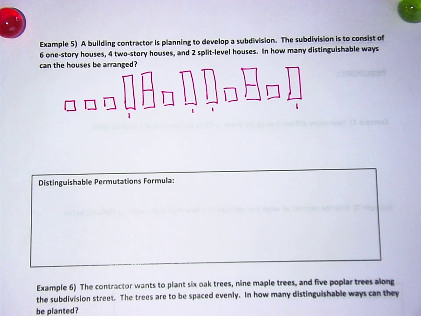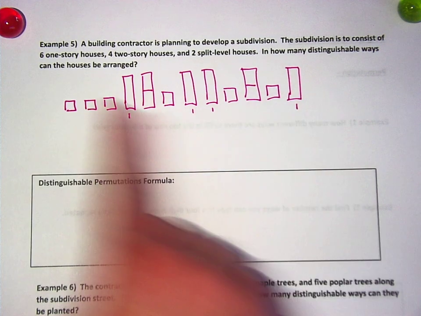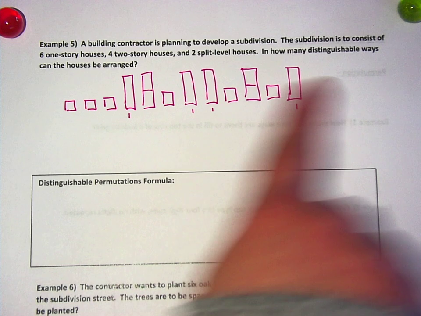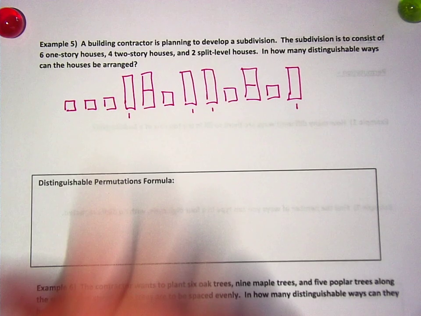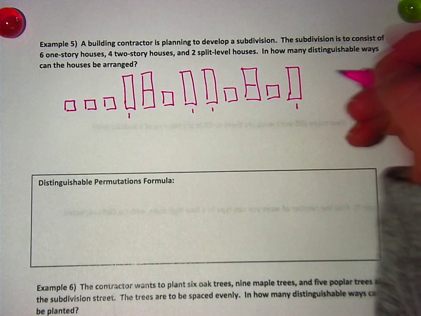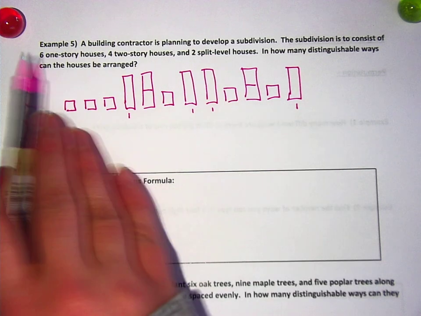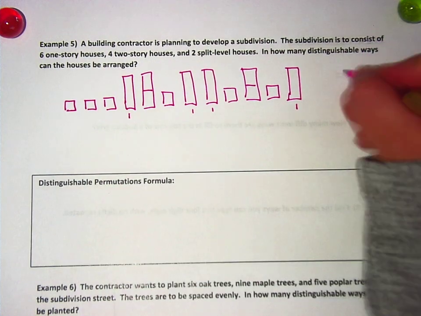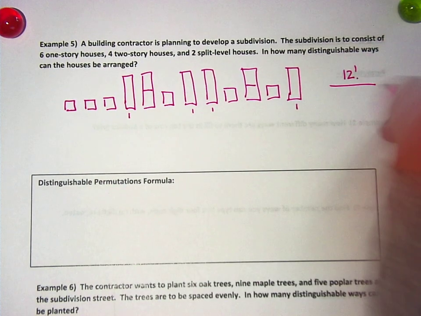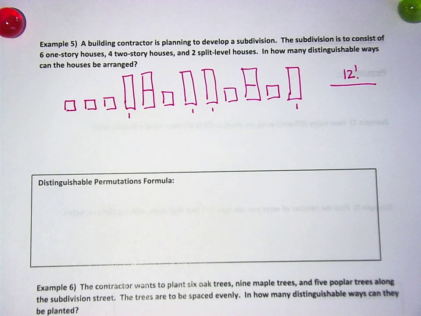So basically what they're saying is that instead of it being this factorial, some of them are kind of repeats, so they don't really count. We don't really know how that's going to work out. So here's how you do it. First of all, you add them all up. 6 plus 4 plus 2 is 12 factorial on top. That's what we would normally have. And then you divide